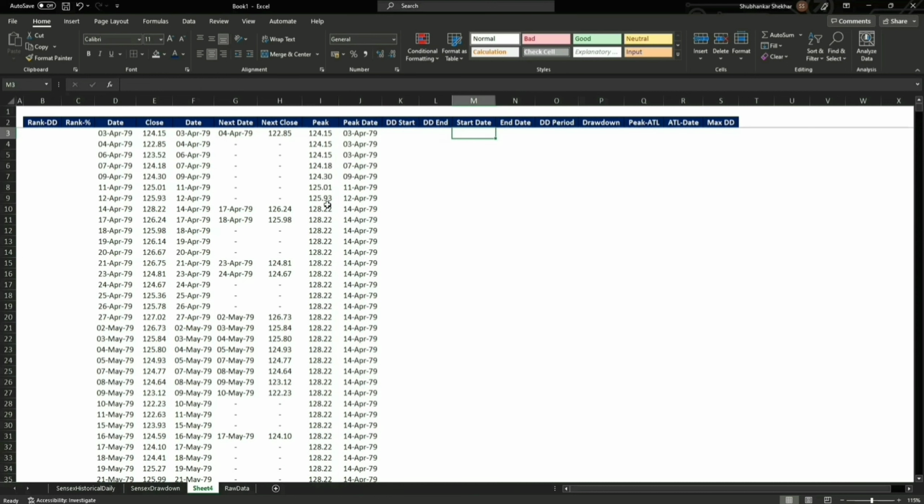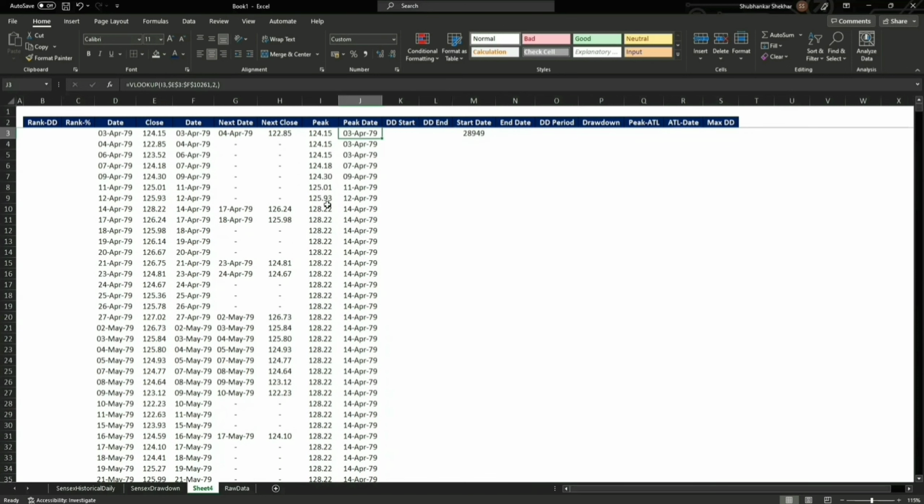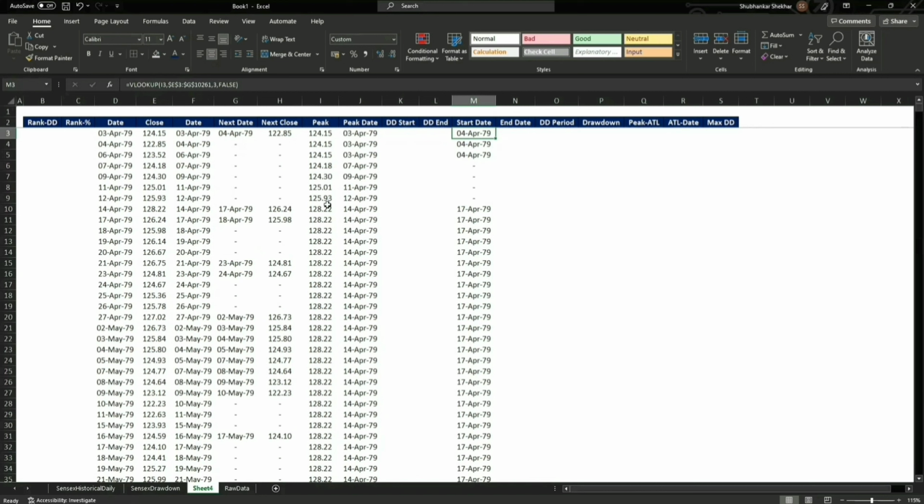So the drawdown will start from the next day of the peak, right? So we are going to take this, peak, and then the close next day, 3, false, enter. We're going to copy the format from here and just drag it, right? And similarly we're going to calculate the end date.